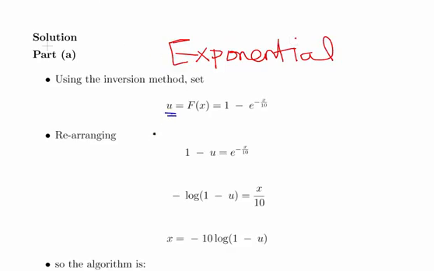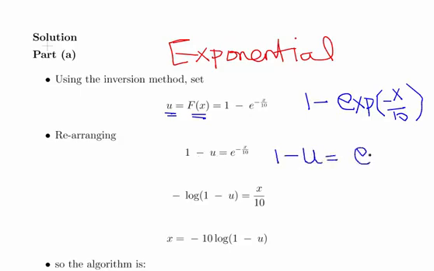We generate some number u, and we let that equal the cumulative distribution function of x. In this case what we have here is 1 minus the exponential of minus x over 10. Now what we're going to do here is just solve that. So 1 minus u is the exponential of minus